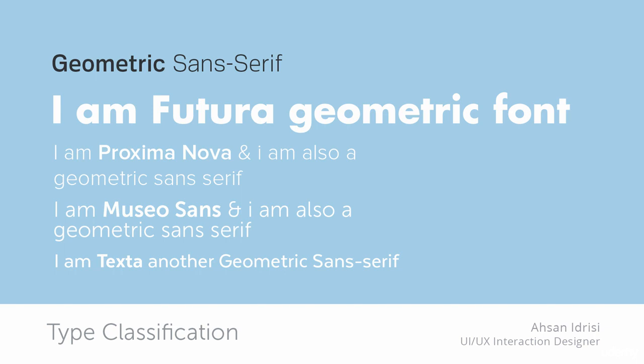And then there is another font at the end, Texta. It is also a geometric sans serif. They might resemble humanist or may have some curvy nature, but they must be built on specific geometric shapes. Okay, it might not be just circles or squares. It might be some deformed shape of square or something like that. Okay, this rounds up our geometric sans serif and all the different classes.